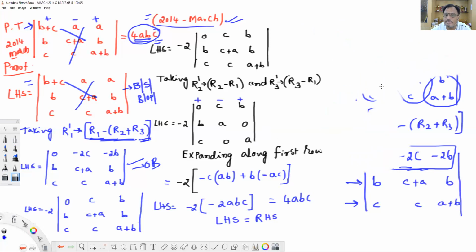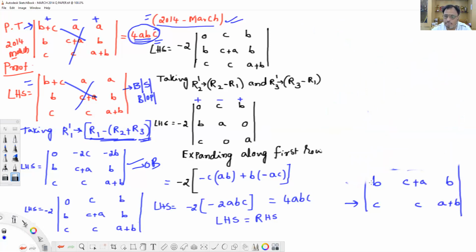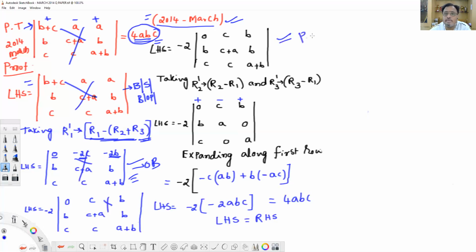Look here, that is completed now. A new R1 is formed. Now this is the after. You can think of it like this: after the operation, he has come home, and presently the original person is like this. Now what I'll do: look at the first row, observe this. In the first row, minus 2 is a common factor. I have taken it outside: 0, C, B, rest all the same. The same step I have written here. LHS is equal to minus 2, 0. Now this is gone. This is the present original body.